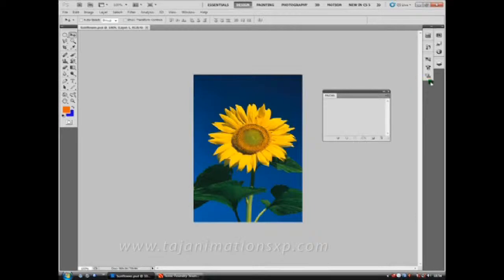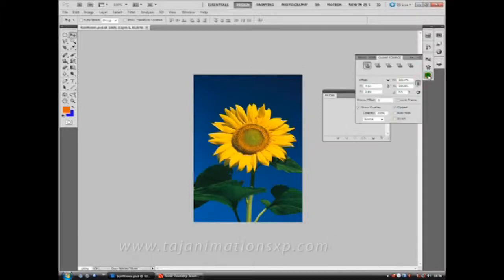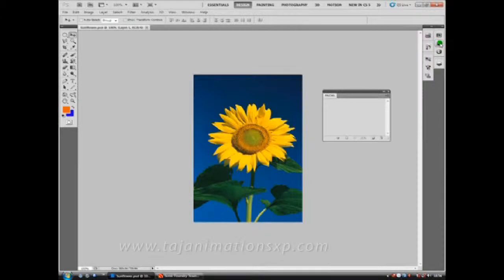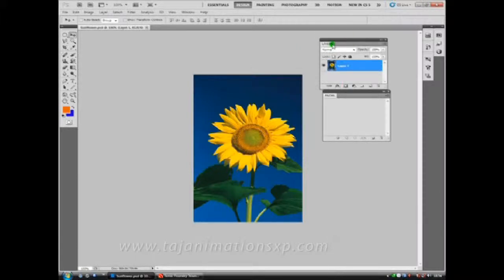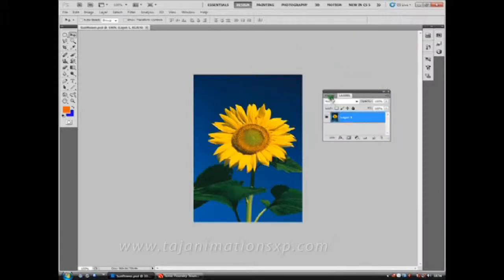Not only this, we can also access it by the corresponding keyboard shortcut. Accessing palettes from the palette well is a good trick to speed up our work. By clicking on the small icons, we can expand and collapse the corresponding palettes. To extract a palette from the palette well, just click and drag it out of the palette well. So now the layers palette is free from the palette well, and also we can group it with other palettes.